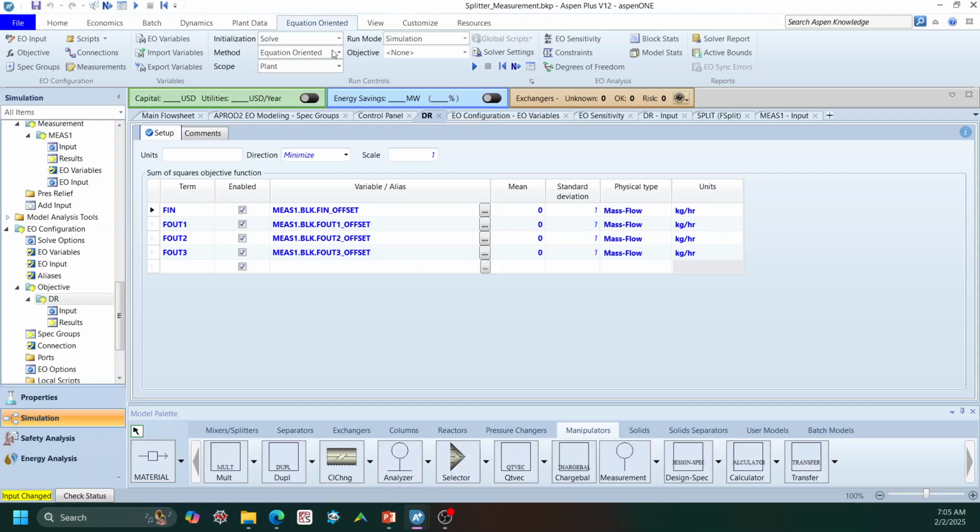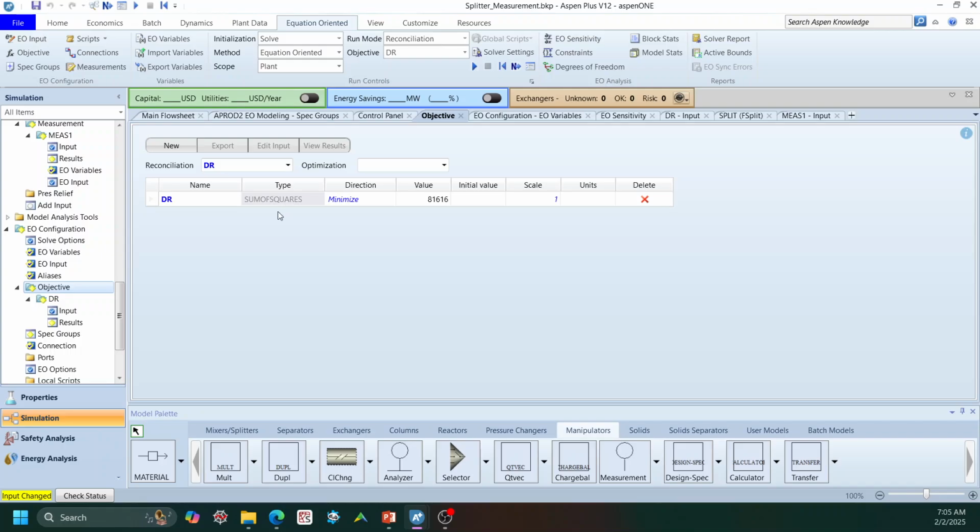And then what we can do is that once we set this up, we run not in simulation anymore, but in the data reconciliation. Don't forget to switch it to equation oriented, and then reconciliation, and then we select the objective, because I have only one objective, the DR objective. Minimize. When we create this DR, we are required to say, for example,